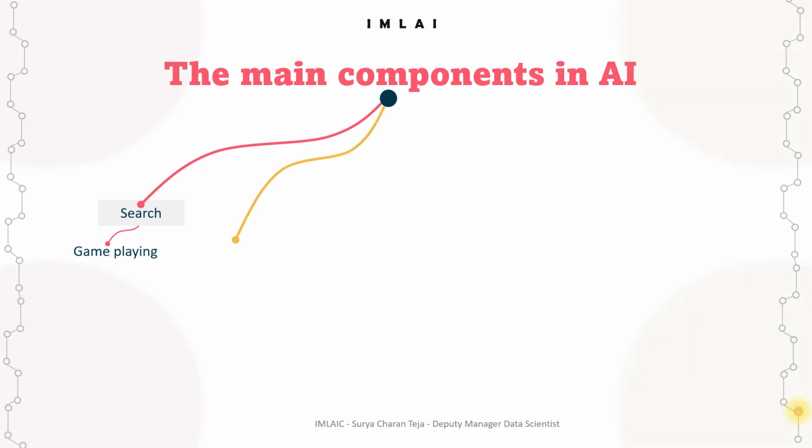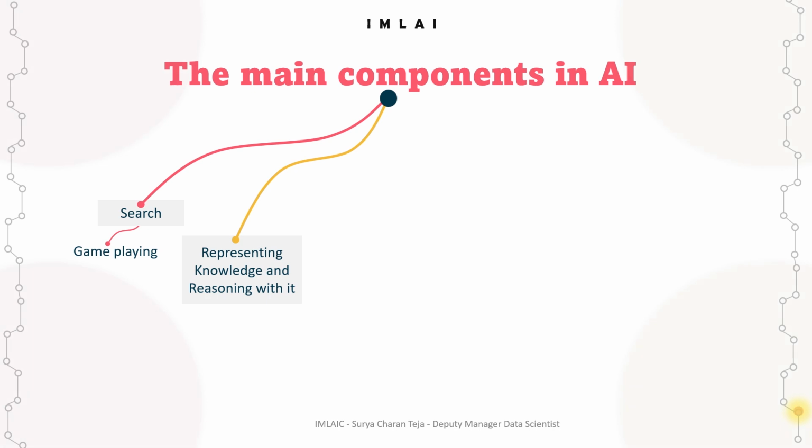And the second component that we have here is representing knowledge and reasoning with it. AI systems need to represent knowledge in a structured way that can be used for reasoning and decision making. Examples of knowledge representation methods include semantic networks, frames, and ontologies, and reasoning methods such as deduction, induction, and abduction